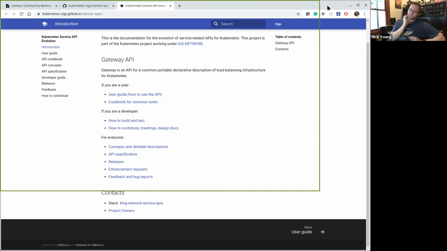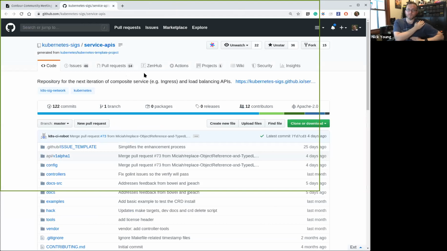I think Dave and I have talked about this a lot, but one of the things we really want for Contour is that we'll take your Ingress config no matter where you've got it from. Or as I like to say it, we don't care who you are, where you're from, or what you did, as long as you're Ingress. I'll take that. That should be our new mission statement.